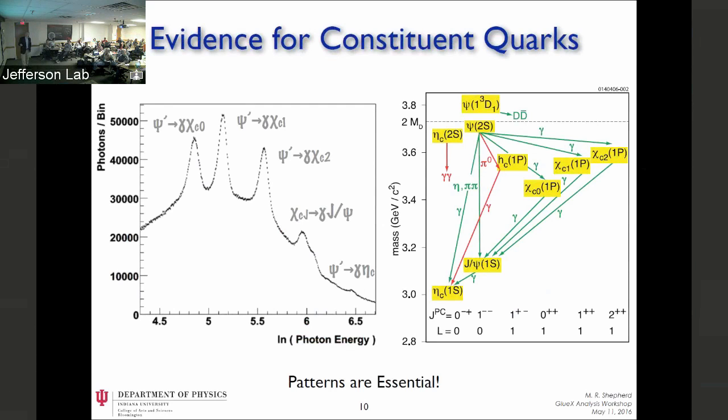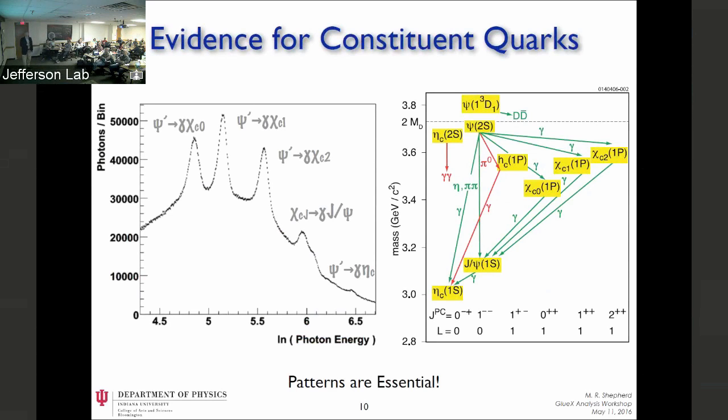So you see the transition to the chi-C states is really big, but the one to the eta C is suppressed, and that has to do with the orientation of the charm quark spins. So everything about this model of putting two spin 1/2 particles together agrees exactly with what you see in this experimental data, and there seem to be no extra features anywhere. So that's kind of evidence that this works.